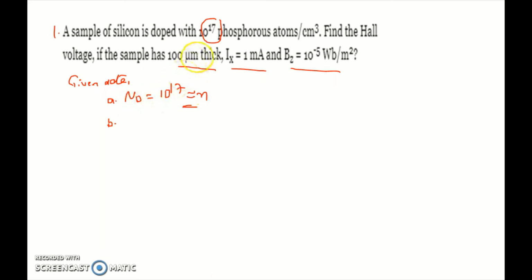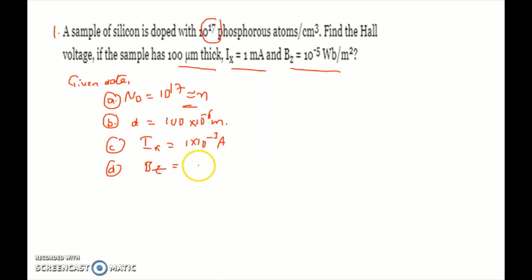The second data is the thickness, which I am representing with D. The thickness is 100 micrometers, so 100 micrometers means 10 power minus 6 meters. The third data is the current flowing through the x-axis, which is 1 milliampere. And one more data given is the magnetic field intensity along the z-axis, 10 power minus 5 Weber per